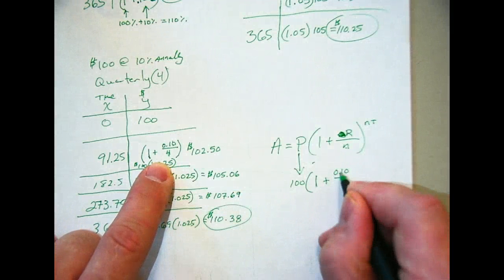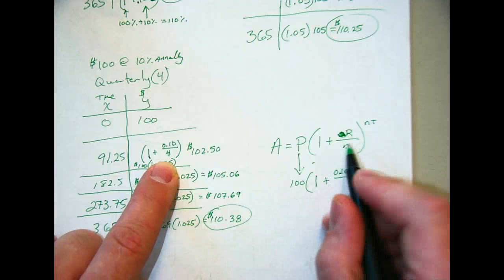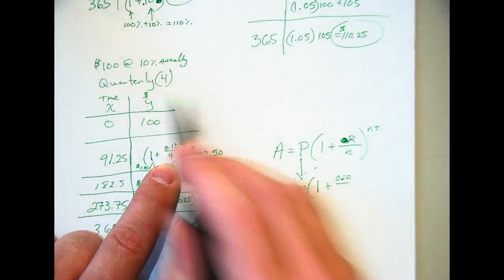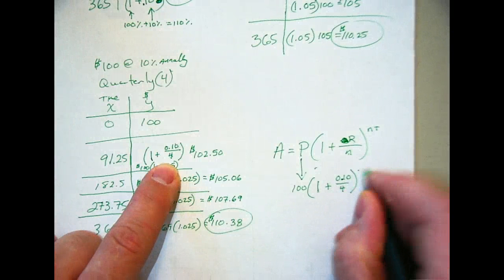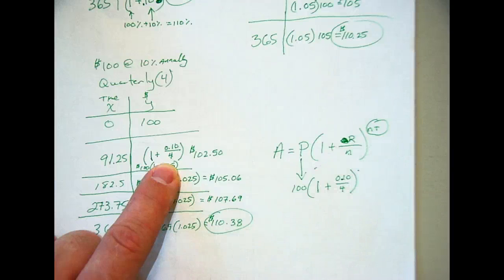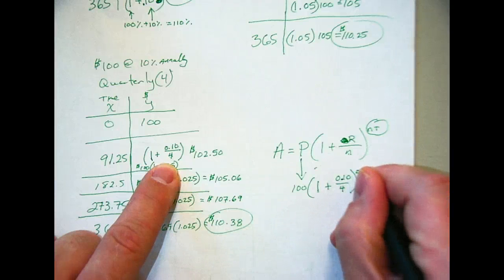Notice our rate's in decimal form, and N stands for the number of times we're compounding, in this case 4. All to the, this is the part we did not do, this would be to the 4 times